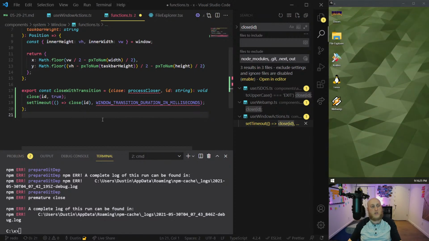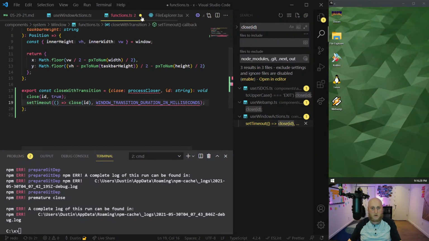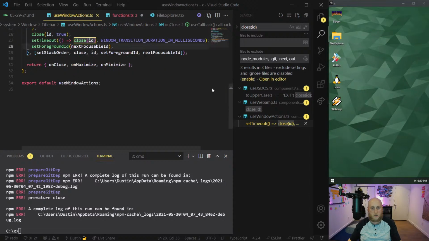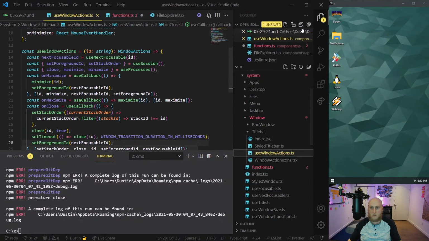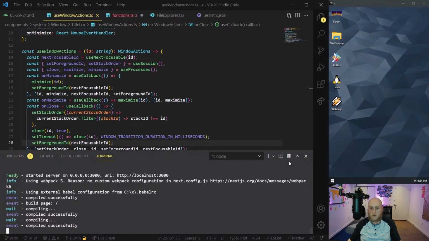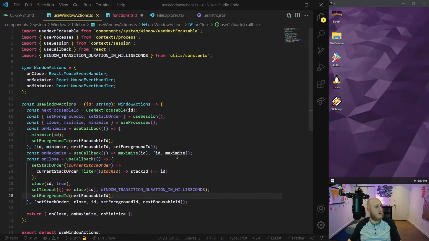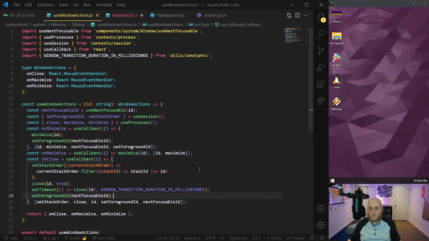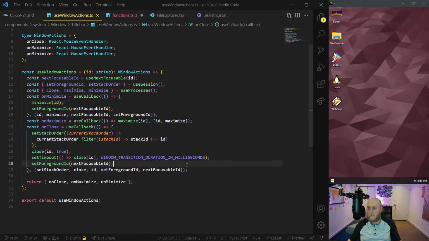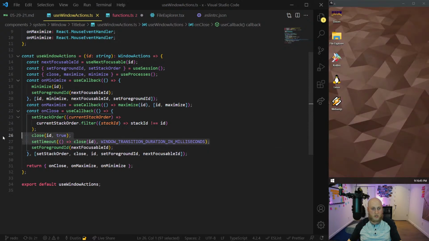And this is a mechanism we decided on before. So it's the same code here, same as in the window actions. I got too many little pieces open here. Let's get this out of the way. There we go, just the code. Just raw code. If that's a little too small for you guys, please tell me and I'll zoom in. But for now, let's just stick with that. So yeah, it's these two lines.